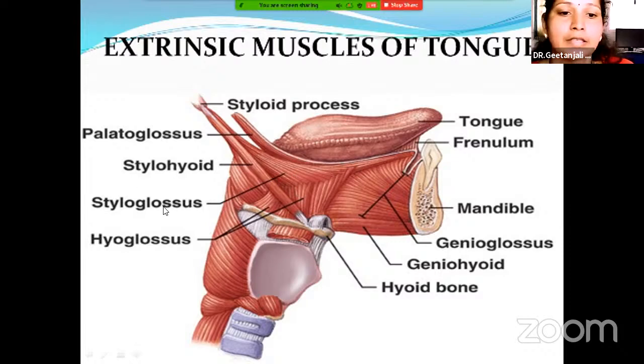Then this is the styloglossus muscle. See here, this is the styloglossus muscle. It arises from or originates from the styloid process and is inserted into the tongue. As the name suggests, styloglossus is from the styloid process to the tongue. And this is the palatoglossus muscle that originates from the palatine aponeurosis and is inserted into the tongue. Thus, this completes our extrinsic muscles of the tongue. And next is